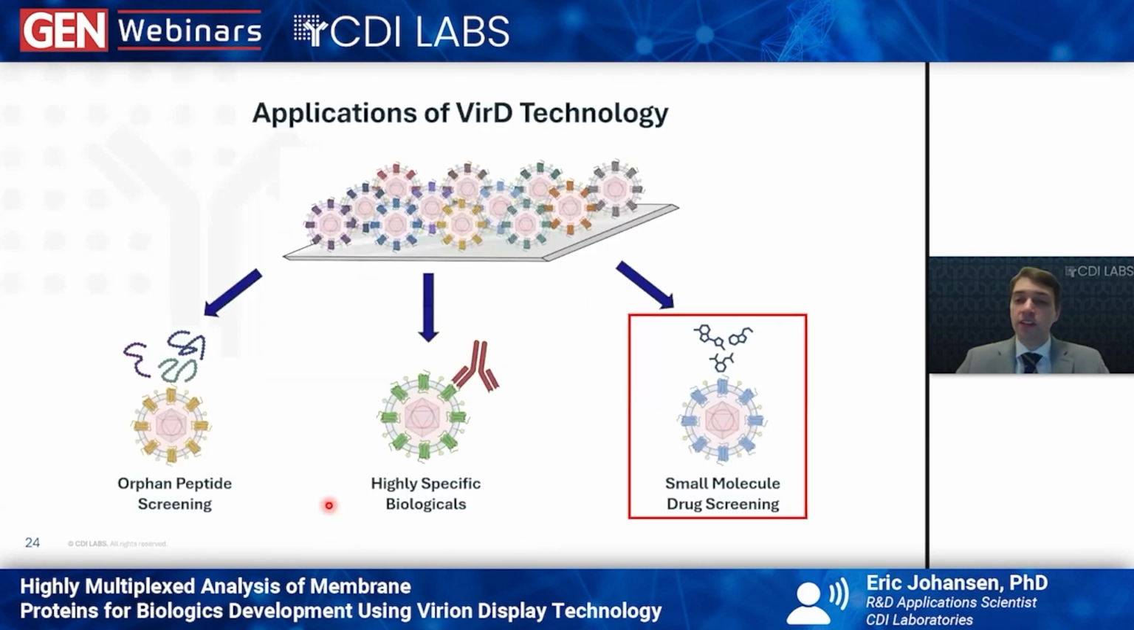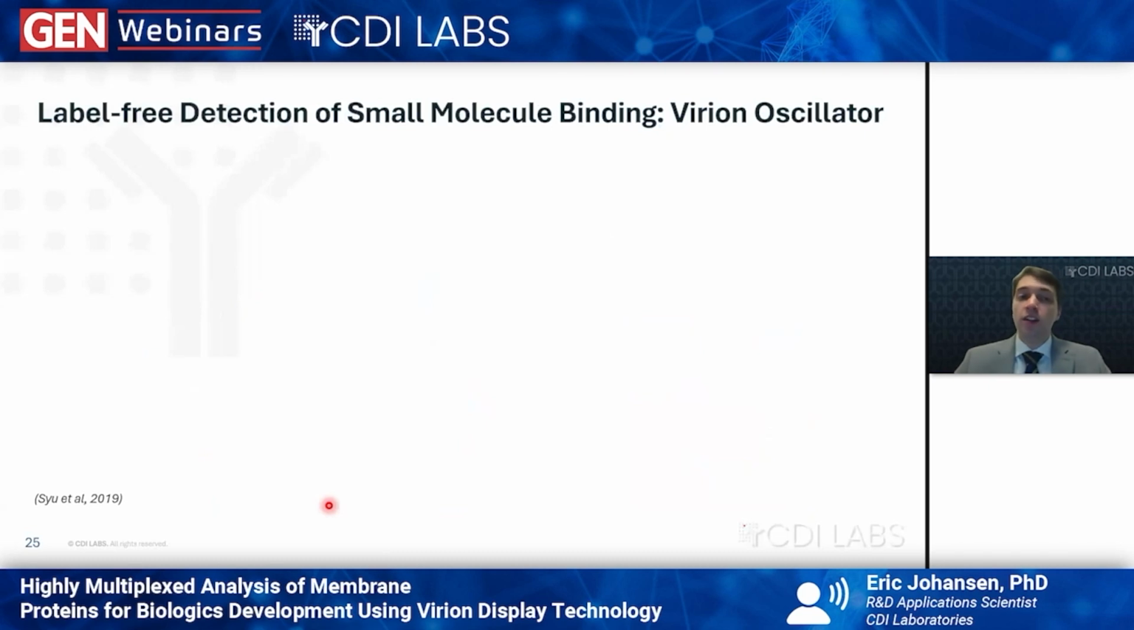Lastly, I will discuss how we can use the virion-displayed technology for label-free small molecule screening. This technology was more of an exploratory measure to see what we can do with the virions. It is not currently a service that we offer at CDI, since it requires a home-built setup with collaborators at Arizona State University. But all the same, it is an SPR-based method in how we can do label-free detection of